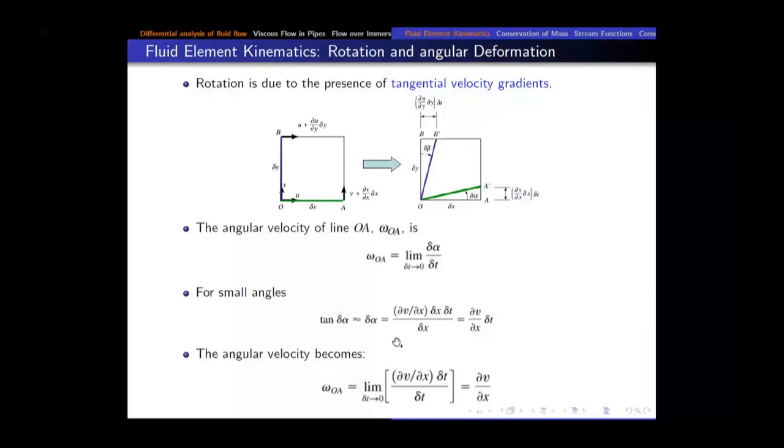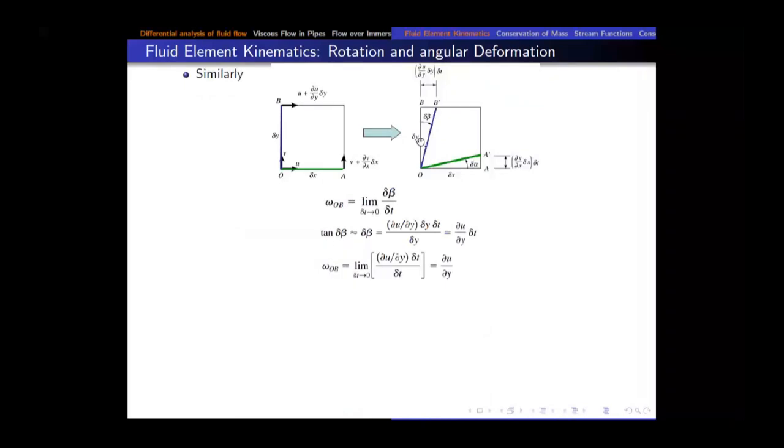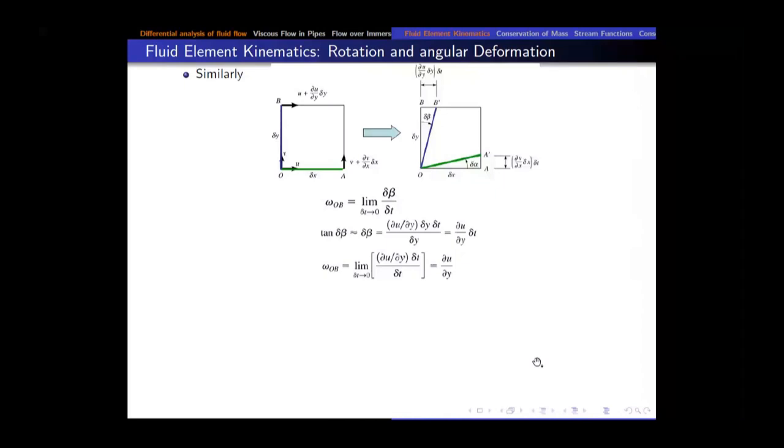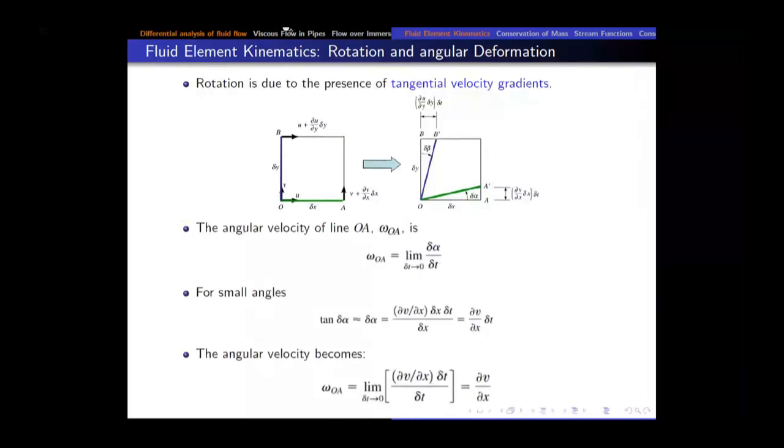ये इतना मुश्किल नहीं है, क्योंकि फोरियर सीरीज का आपको पता हो, then you can get the velocities at these faces, and then you need to just find the value of WOA, and similarly we can find the value of WOB. So WOB, if we find the value, that is equal to, now these gradients if you see partial v by partial x and partial u by partial y, they are tangential velocity gradients, ठीक है।